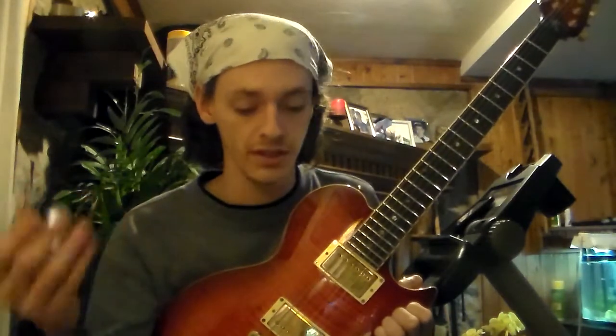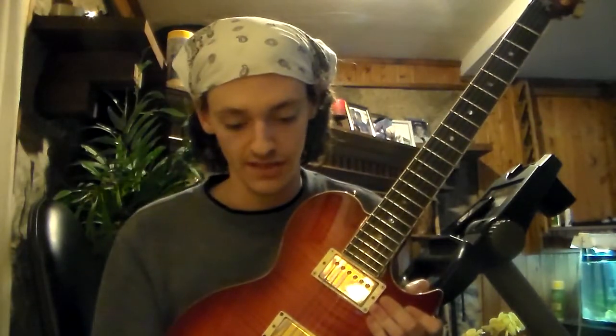So the reason different tone woods can cost more, okay, you can have a guitar that's built out of the exact same tone wood as another guitar player, but some slabs of wood are denser, they have uniformity, and sometimes maybe the weight will affect it too. But the reason that these are important is because